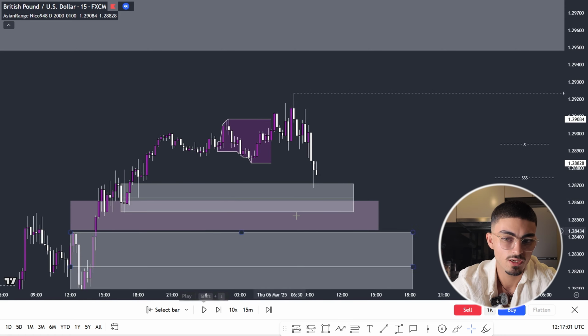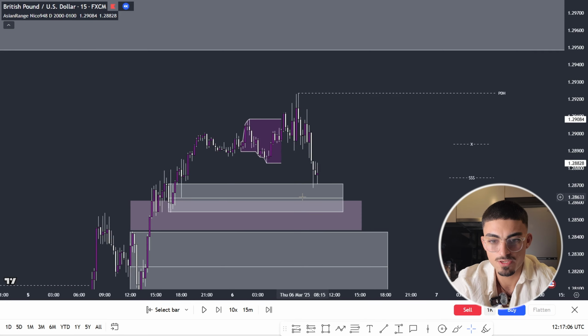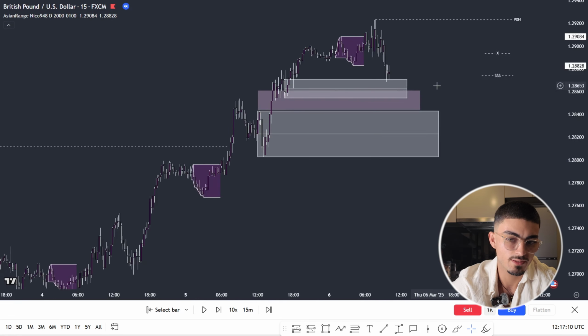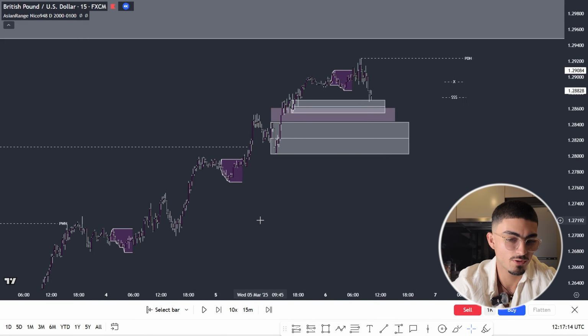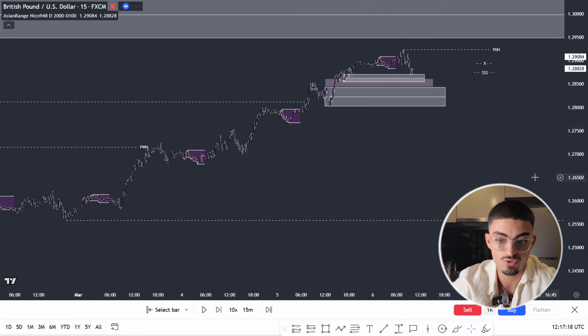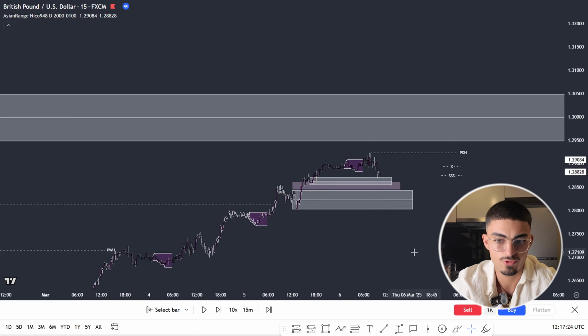But as you'll see, guys, I didn't end up taking this trade simply because I thought buyers were probably exhausted by the time we came into this demand zone. And that's the thing you also need to understand: the market's gone so high up. This was about 400 pips to the upside, 350 actually, or 320.